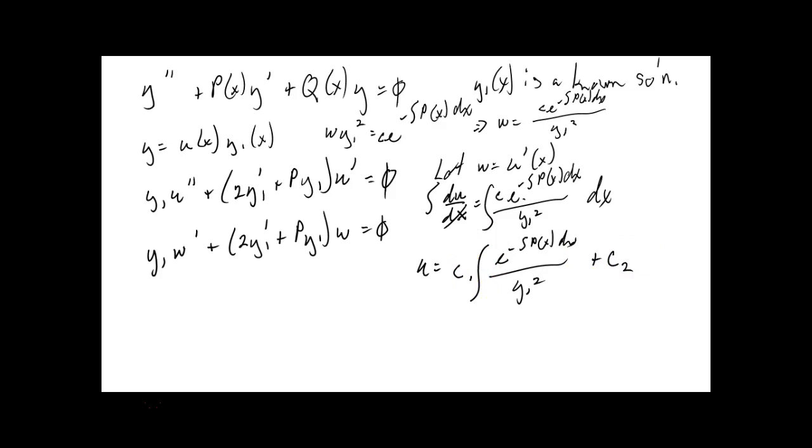Now, they just randomly say we'll choose C1 to be 1 and C2 to be 0. And that then wipes out that. And that makes this 1. Okay? So there's what your u is. But remember u is equal to